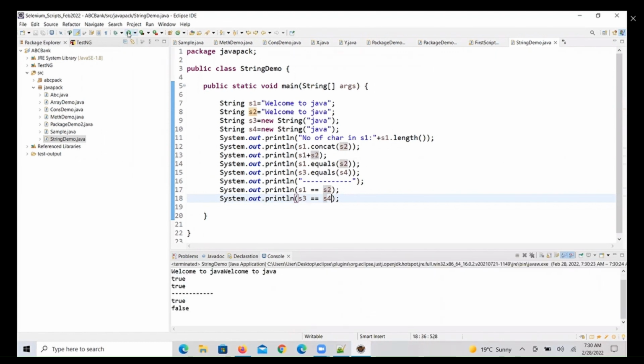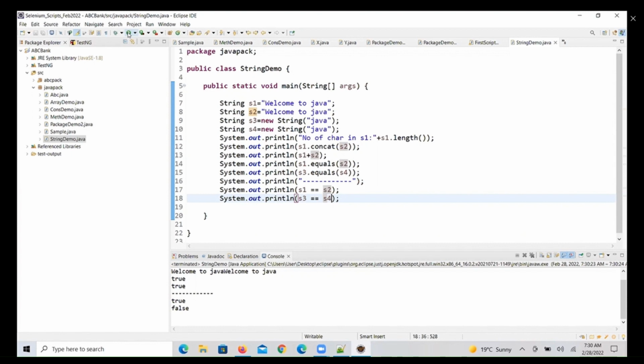It gives true for the first one. It returns false for the second one. Why? Because the equals operator won't give